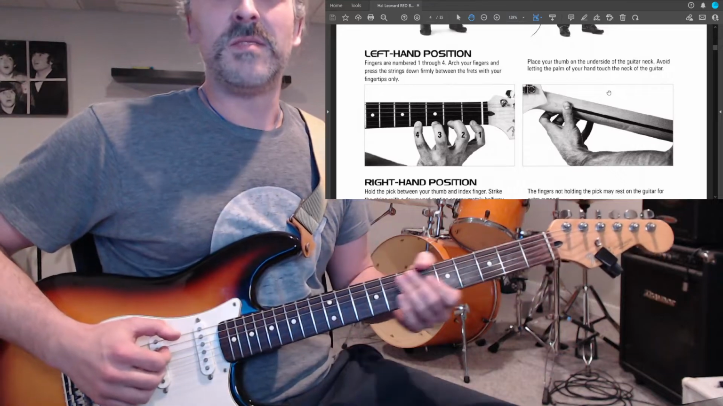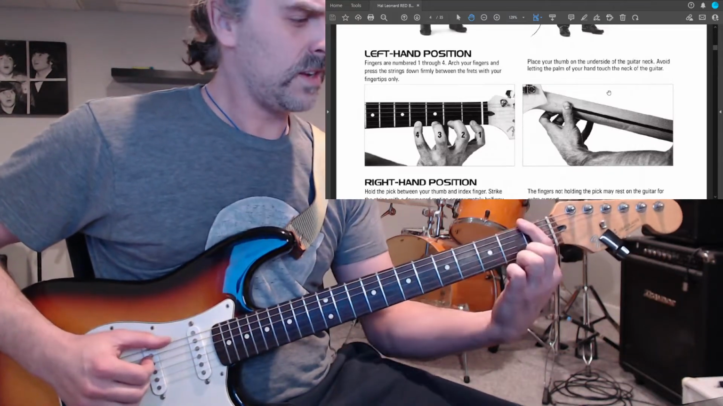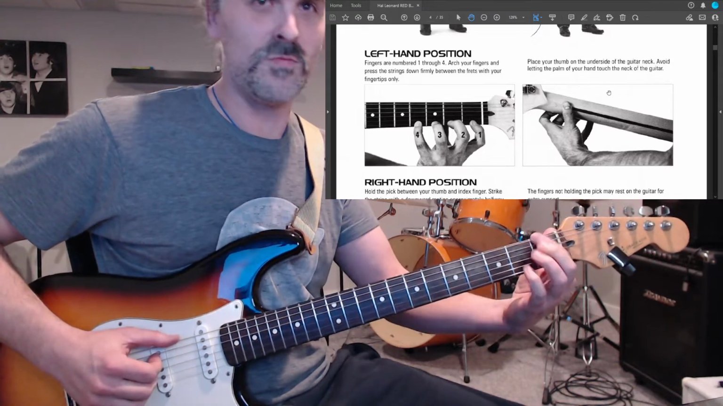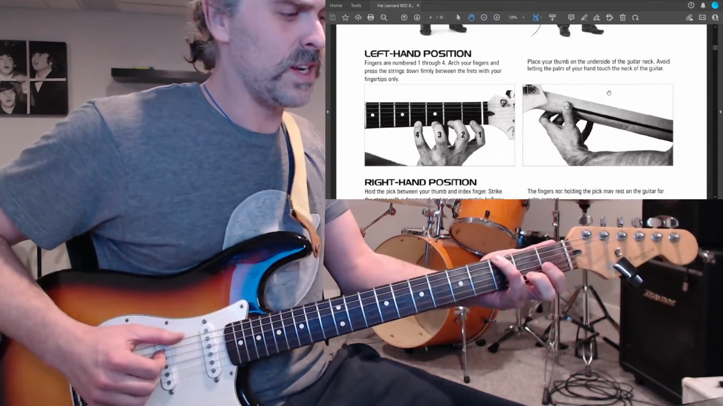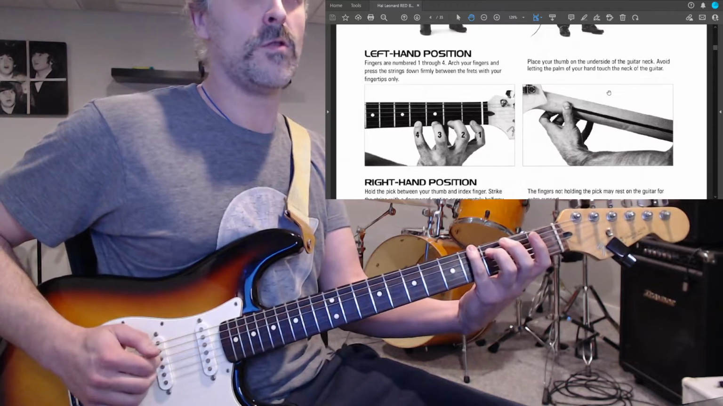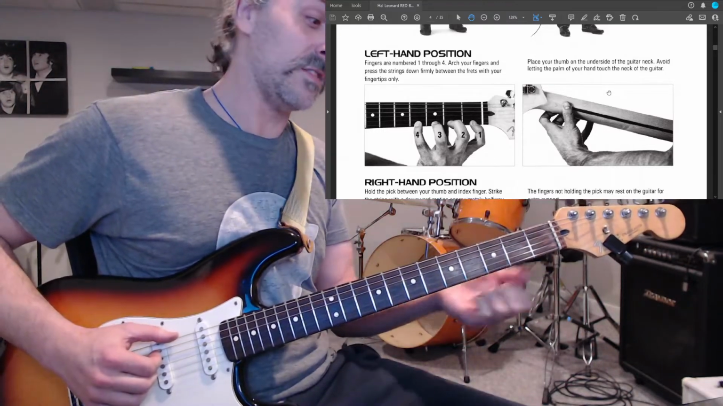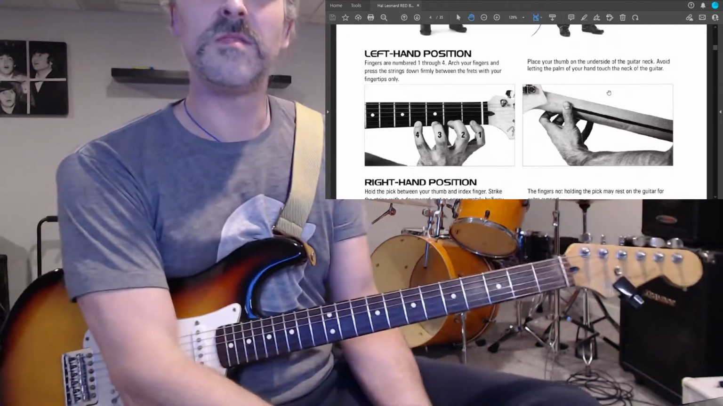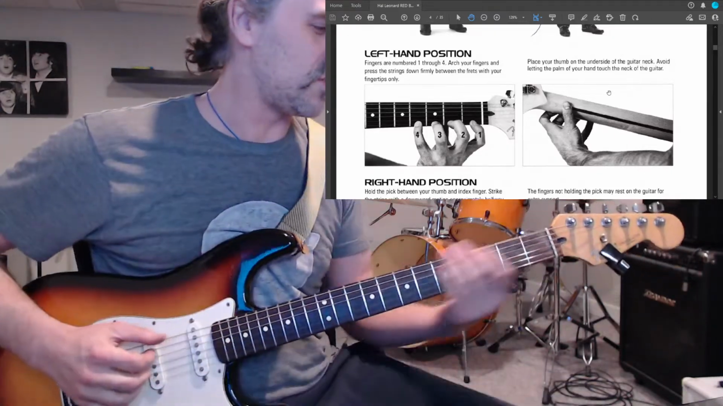Left hand position. This is important. Your fingers are numbered 1, 2, 3, and 4. That's the index 1, the middle 2, the ring 3, and the pinky 4. It is really important that you know which finger is 1, 2, 3, and 4 for most of this book. Fingers should be pressed on the strings,